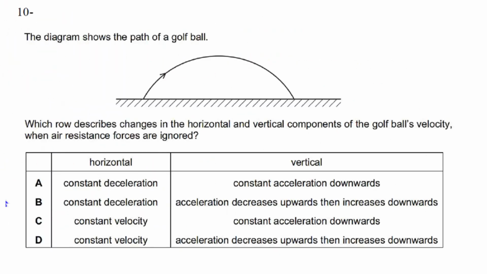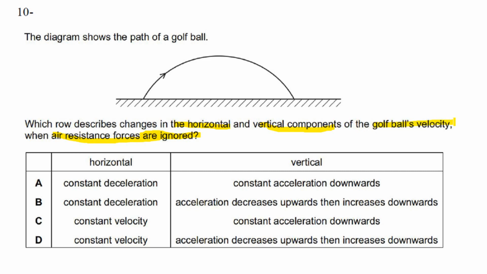This is the last question for today's class, so let's try to find out what is given to us. For this question, it is given that resistance can be ignored. So this is the first thing we need to understand. What we need to find out is the changes in the horizontal and vertical components of